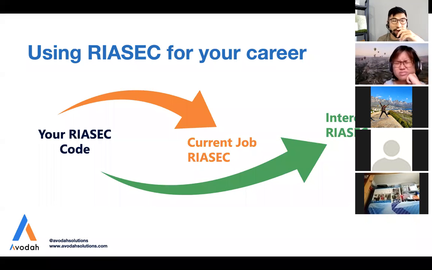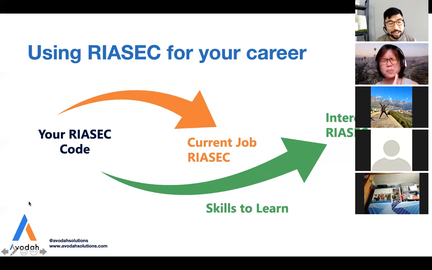I don't really like to use the word future job because I think many of us may find that too far. Future is too far away already. But what I find particularly helpful with my clients is to explore interesting jobs. Interesting just means jobs with a possibility. If given a chance, you might be curious and be interested to find out more, right? Those are the jobs that you want to look at. So interesting job, the RIASEC codes from there and comparing with yours as well. And of course, last but not least, looking at the skills part. How can you identify skills to learn when you are trying to match interesting jobs with your RIASEC code?